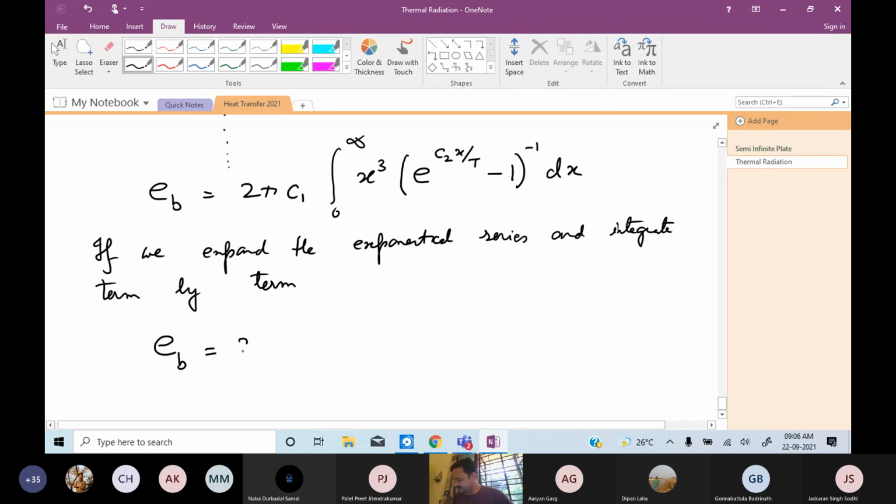E_b is going to be 2 pi C1 times 6 T to the power 4 divided by C2 to the power 4, times (1 plus